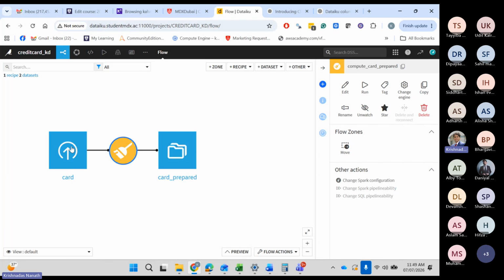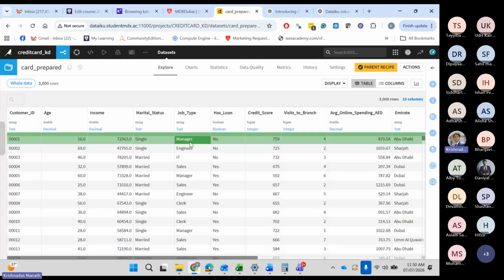I repeat, you have to sort the customers by customer ID. Okay. And the first 80% of the sorted IDs go in train, and the last 20% goes in test. It's not random. I repeat. Let's first see if the data is already sorted by ID. Let's check.